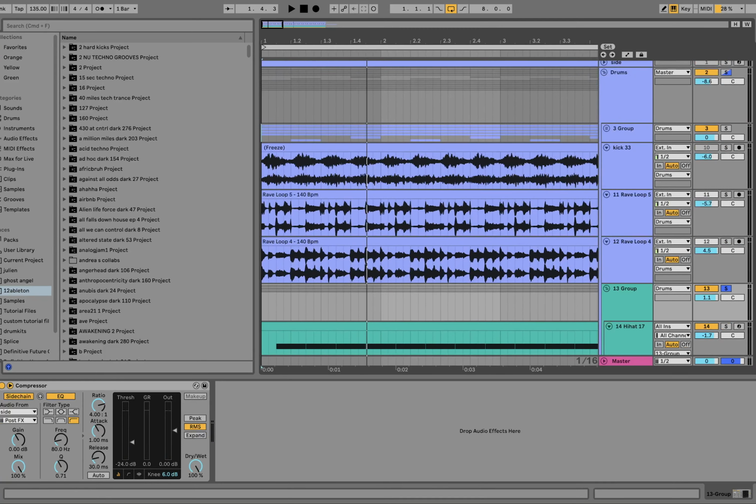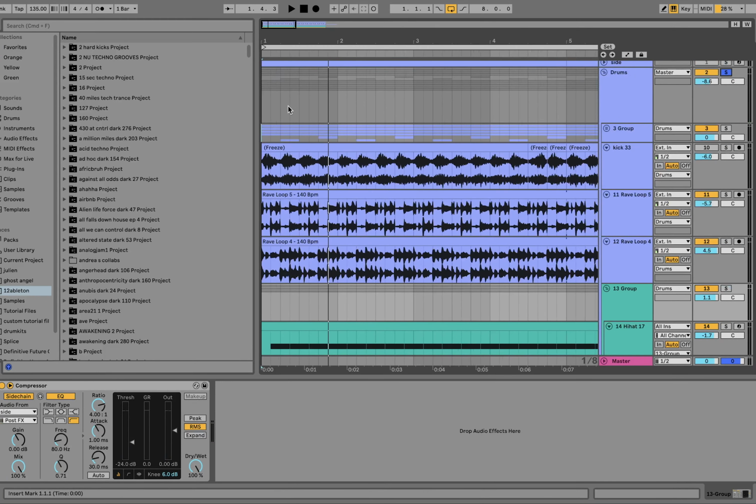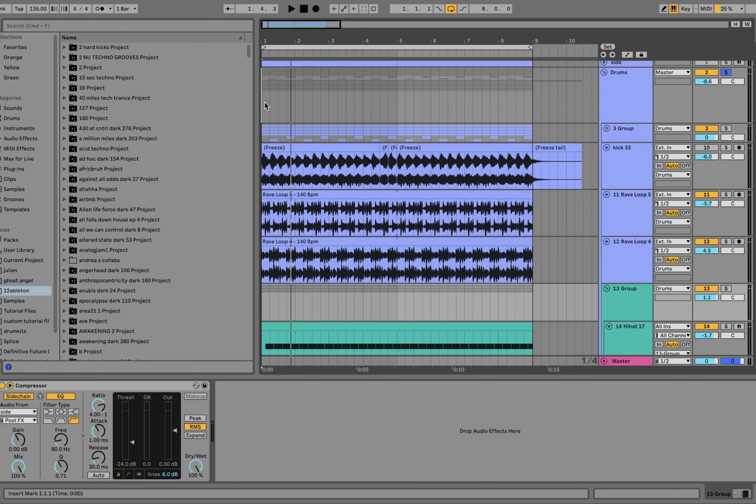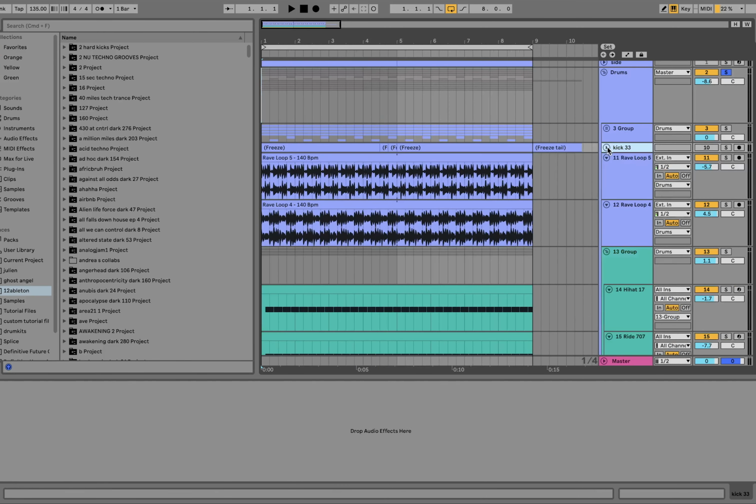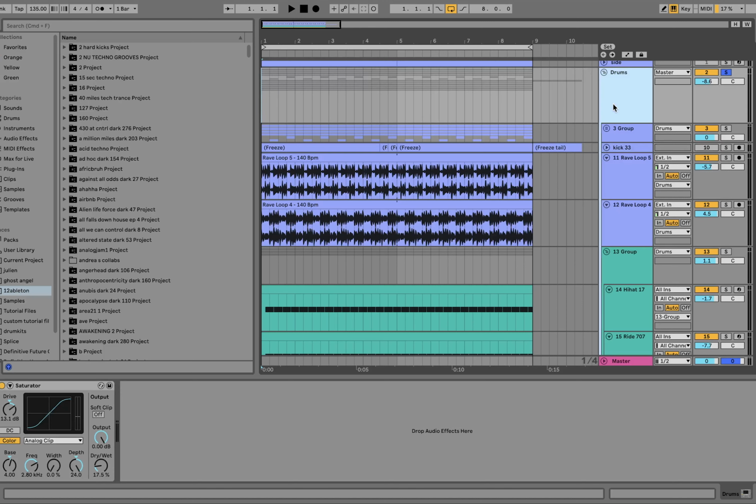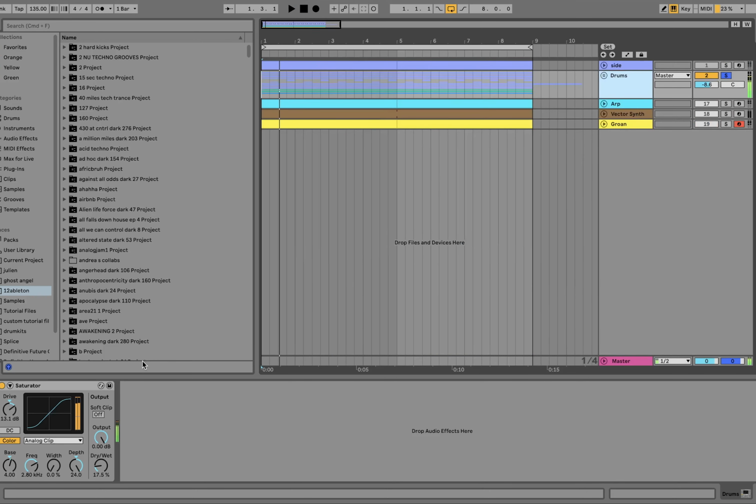But then there's something happening here that I don't usually do in techno, but I think is really good for this style, which is we're actually doing a bit of group processing. We're putting all the drums, including the kick. I never do that, but here it works really well. We're putting all those drums into a group together, you can see. And then saturating them all together. And the key to this is definitely using the dry wet and just using just enough to where it's gonna make them really hit and kind of get crunched together, but just not overly crunched so that it's